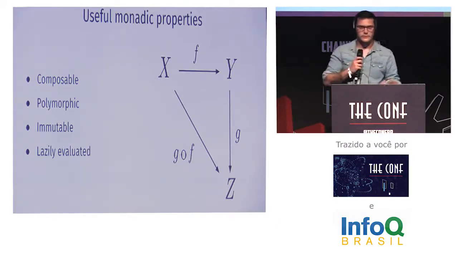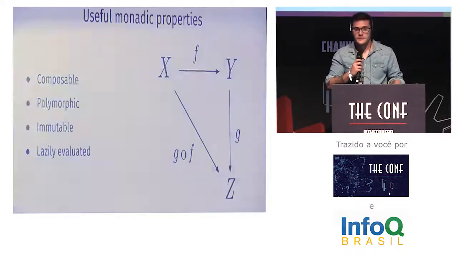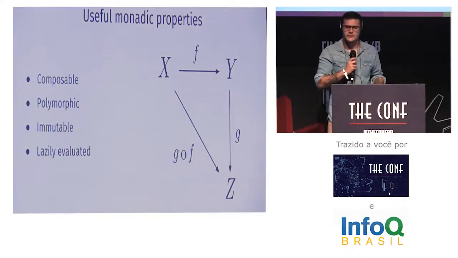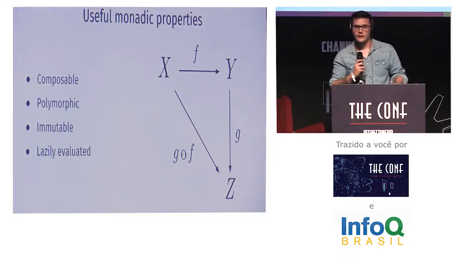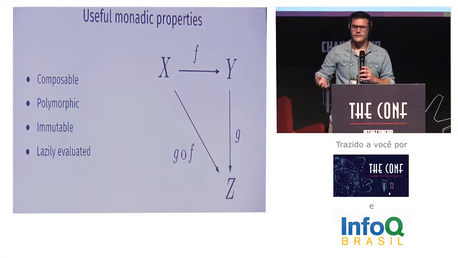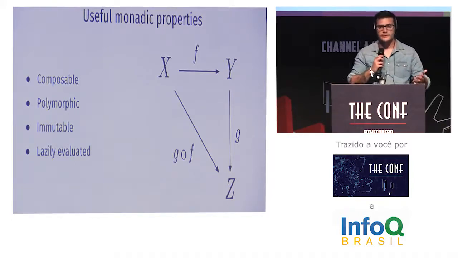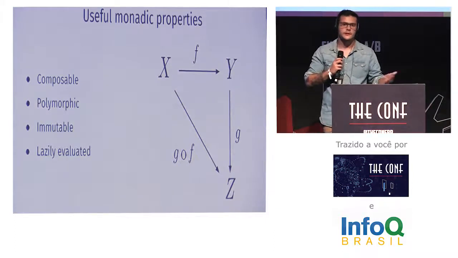Another feature is that monads are immutable. Immutability plays a big part in building highly efficient systems. You may know that garbage collection is not a trivial problem in computer science. There's no silver bullet for garbage collection. Languages like Erlang can have more efficient GC because of immutability, since they don't have to search for unused variables from time to time. You just have to clear all variables from the last execution. That's a much easier GC strategy than other ones.